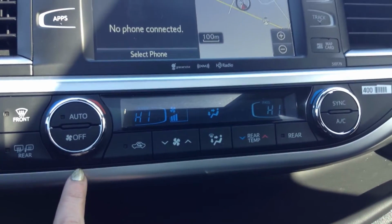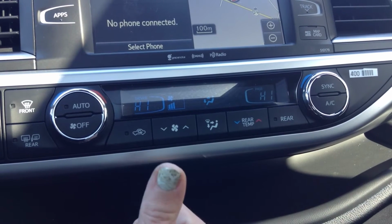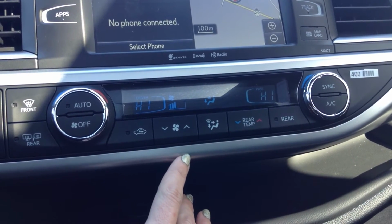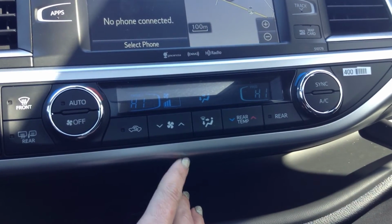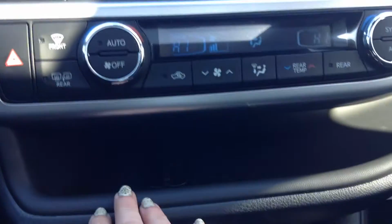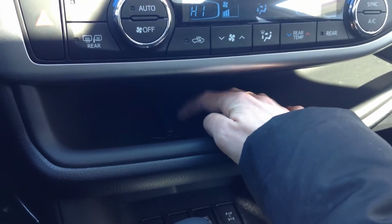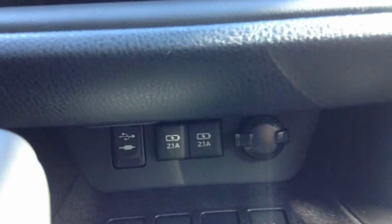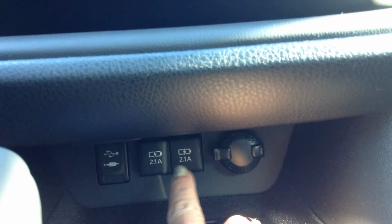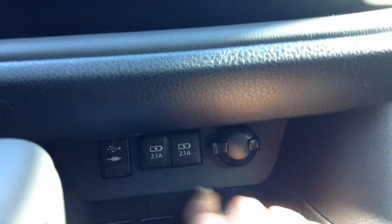It has tri-zone auto climate control, so driver, passenger, and rear all control their own climate controls. It has air conditioning, rear defrost with timer, and heated mirrors. This low space is good for a charging station for your phone. You can have a cord running from up here. From down below, you have 3 USB ports. These 2 are new this year. You have a 12-volt accessory outlet, auxiliary port,